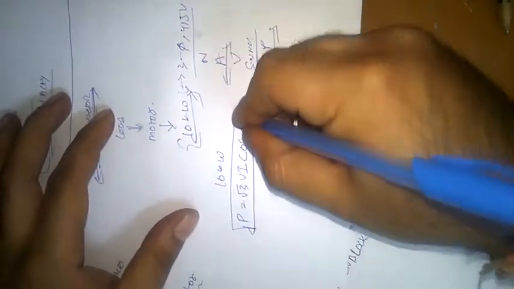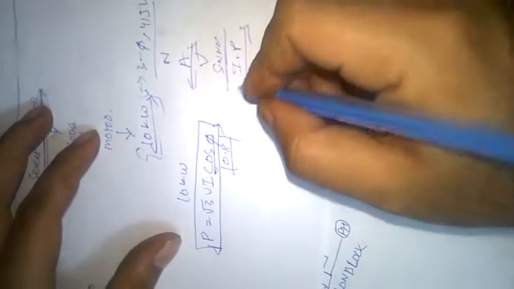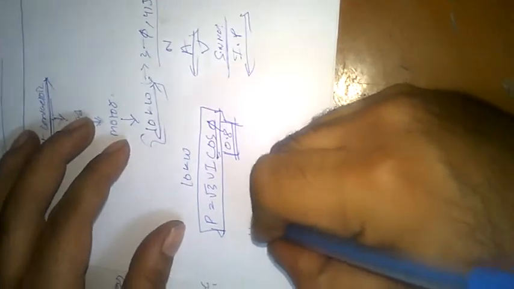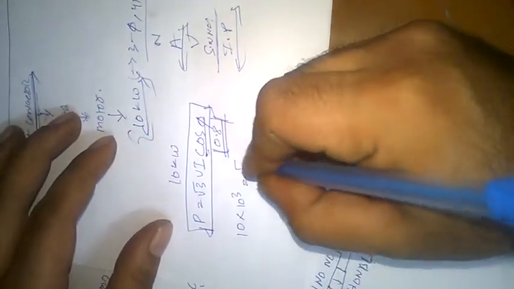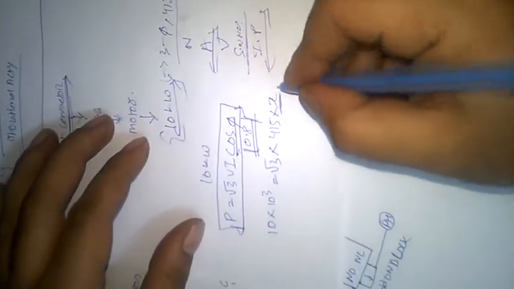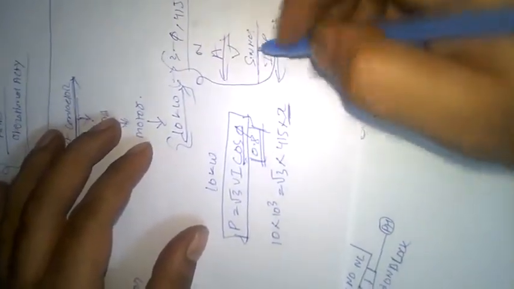So for a 10 kilowatt motor, we'll go with the formula P equals root 3 V I cos phi. What is this? This is the active power formula. The cos phi for any motor will be at some point lagging. So keeping this in view, 10 kilowatt is 10 into 10 power 3 equals root 3 into voltage, 415 volt, into I, which we take as x. As we are not taking it from the nameplate details, we have to calculate the current. So take cos phi as 0.8.